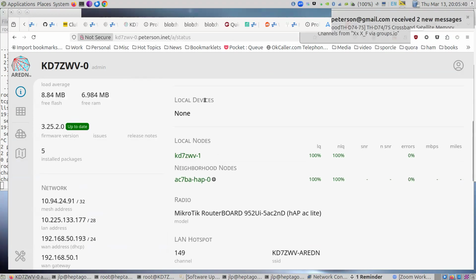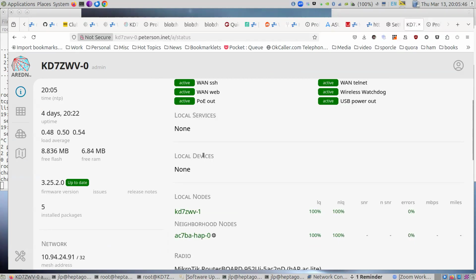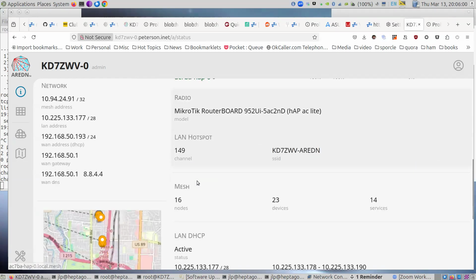Local devices, again, this would be if I had a physical device connected here, it would show up on here. And then local nodes, again, this would be if the tunnel was working, I could click on this and go directly to my LDF5, or I could go to Sam's node. And